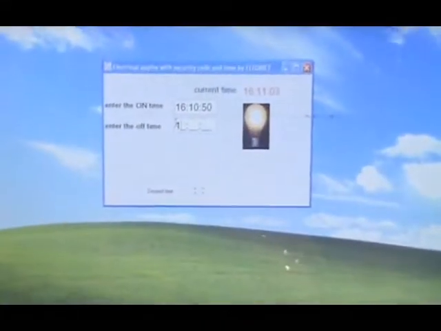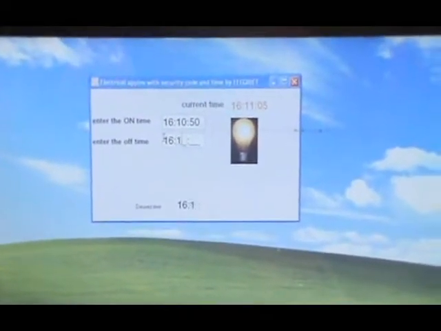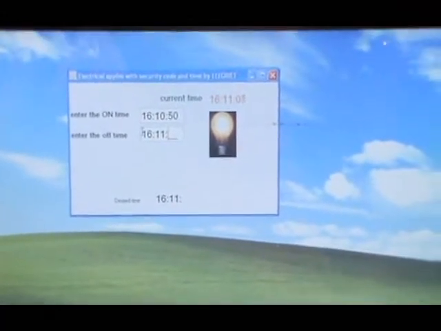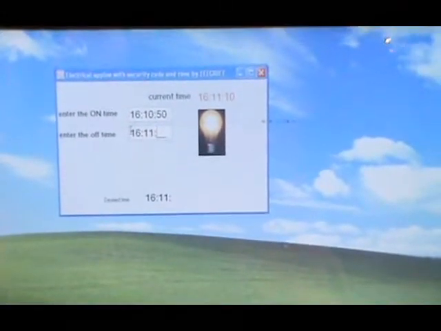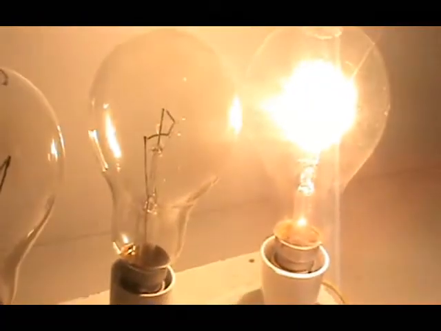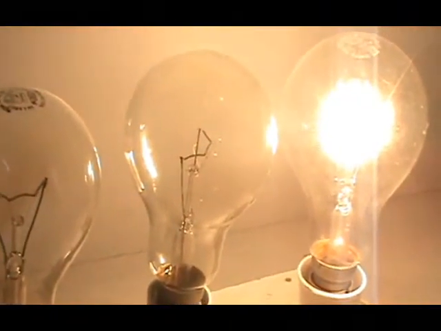And then now we have to enter the off time. So when the off time is given, the bulb will turn off.